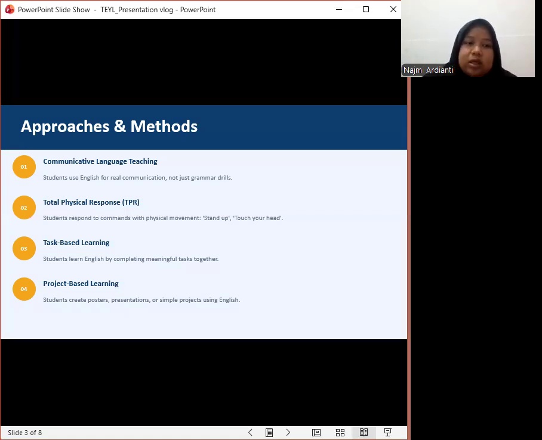And lastly is project-based learning, and this approach allows students to create some products, for example posters, presentations, or simple projects that encourage creativity and collaboration. And these approaches make English learning more interactive and student-centered.